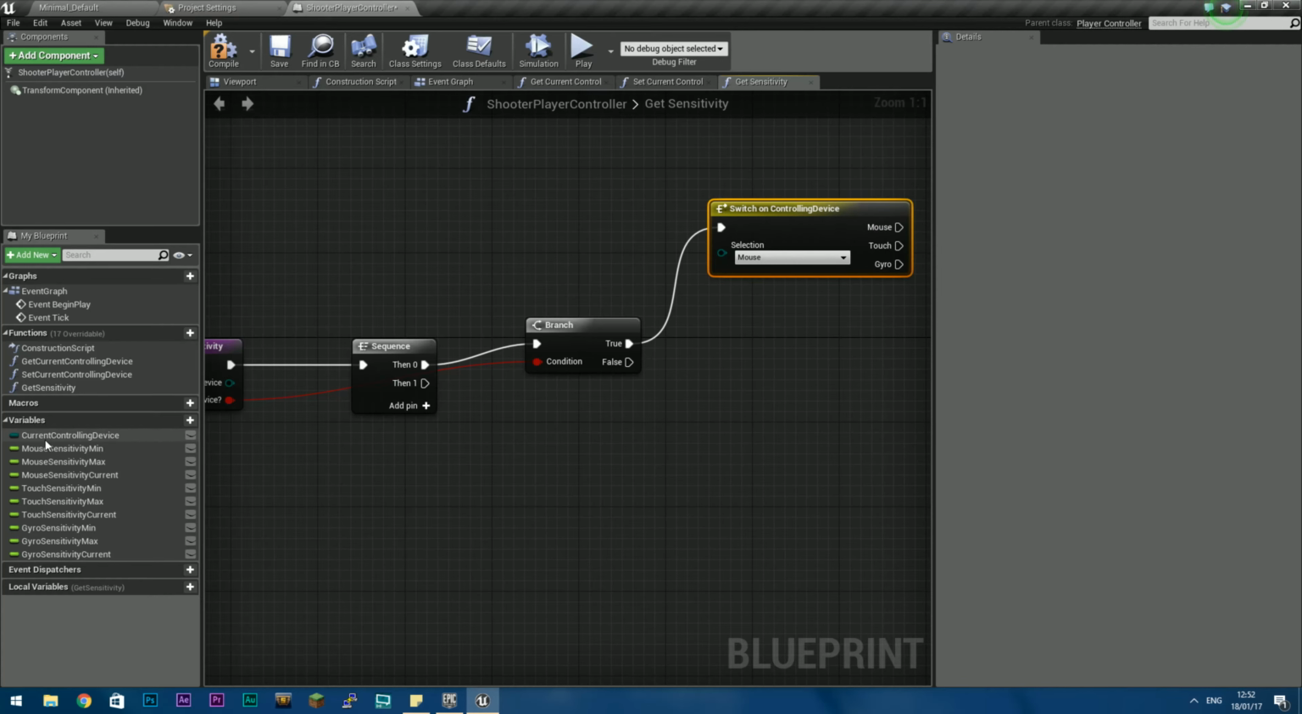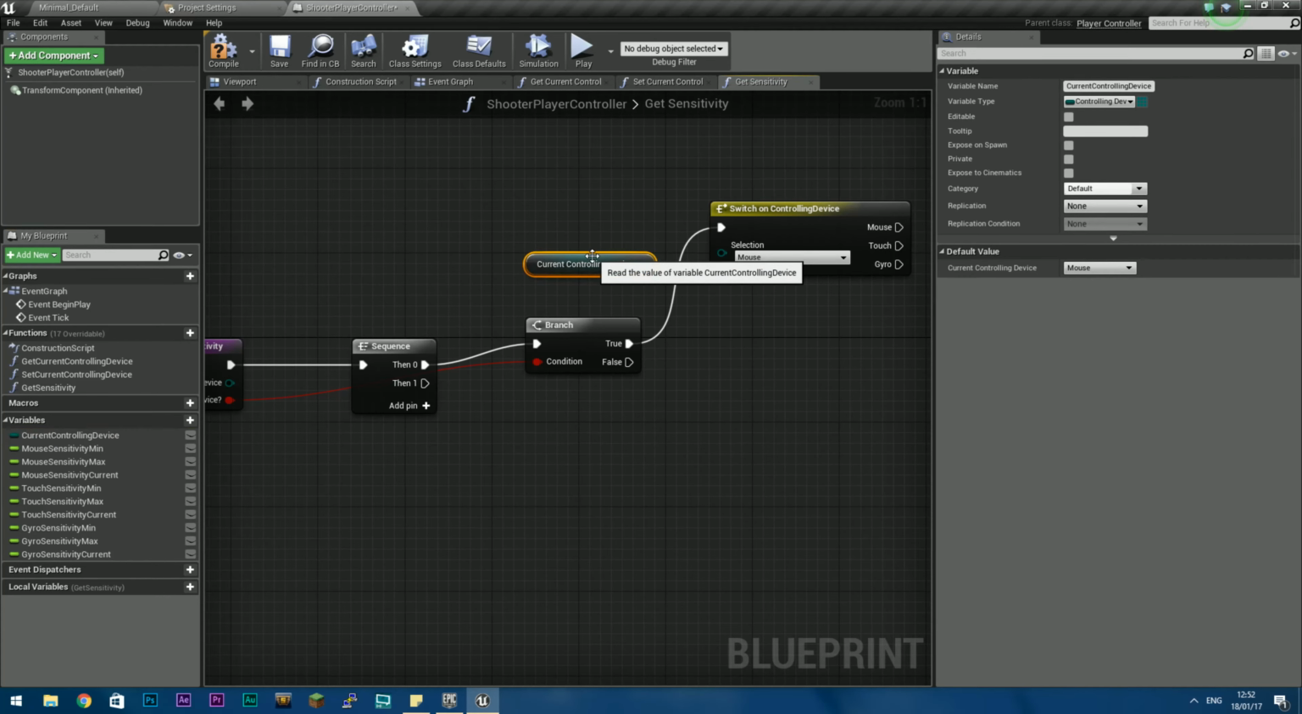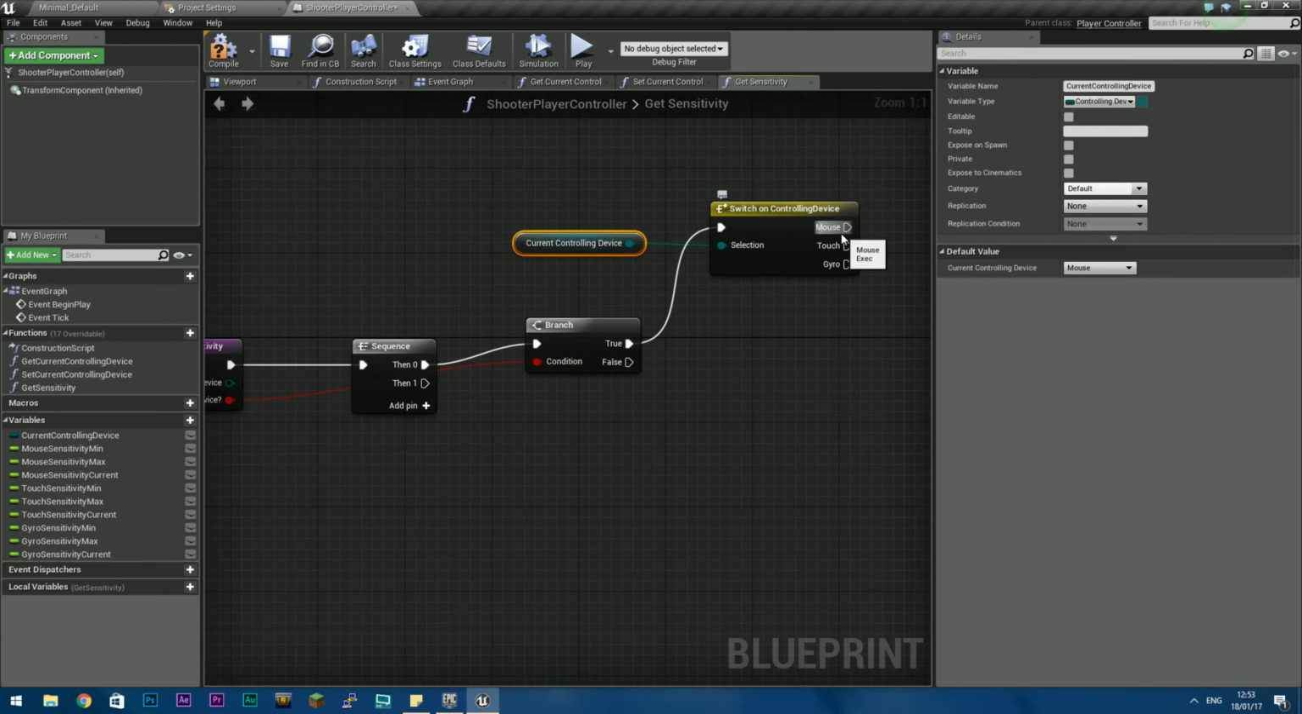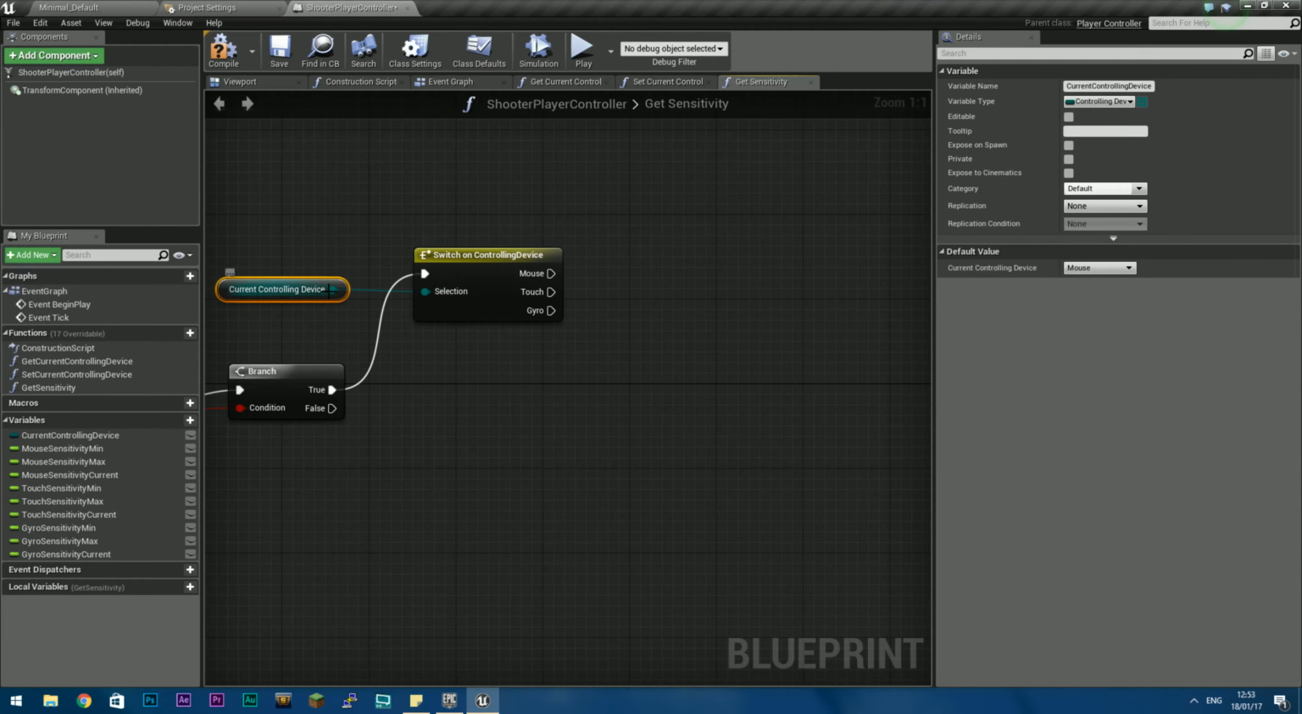So let's go ahead and get. So this is basically saying, hey, is this our current device? Oh, yes, it is. Okay, so this is our current device. And what it's going to do is, now that it knows we're on the current device, it's going to read it. So here's what we're going to do. We are going to set